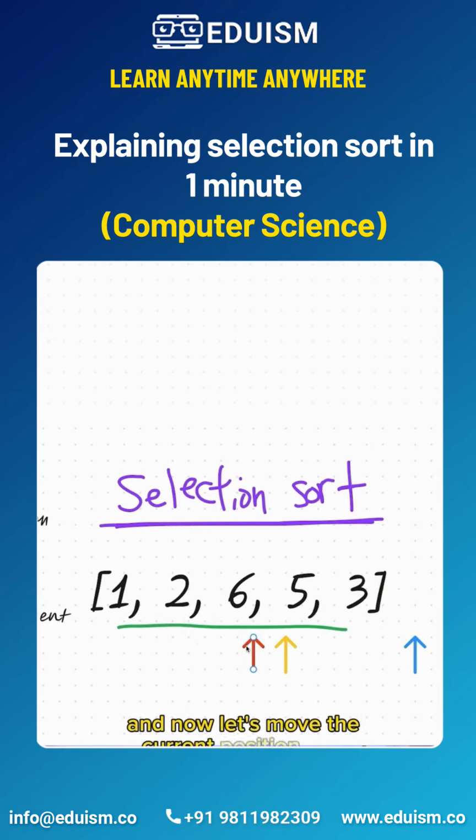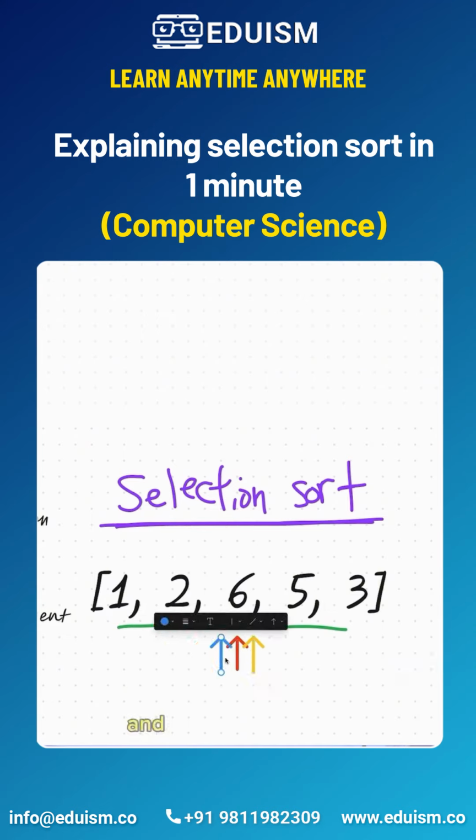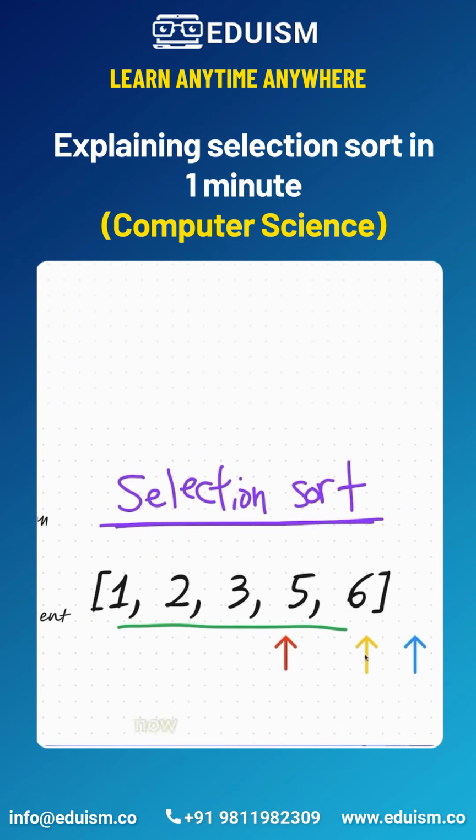And now let's move the current position over, and now let's reset the arrows, and now let's move the blue arrow. So here we'll see 5, so now this is the new smallest, and then next we'll see 3, and that's the next smallest, and now there's nowhere else to go. So now let's swap 6 and 3, and now let's move the red arrow, now let's move all the arrows